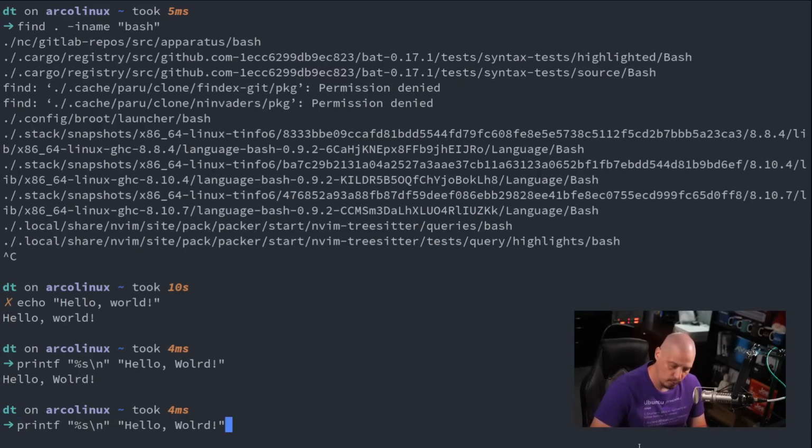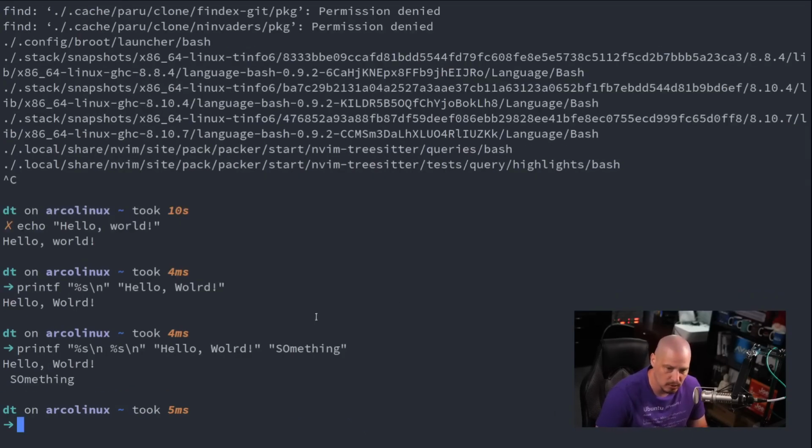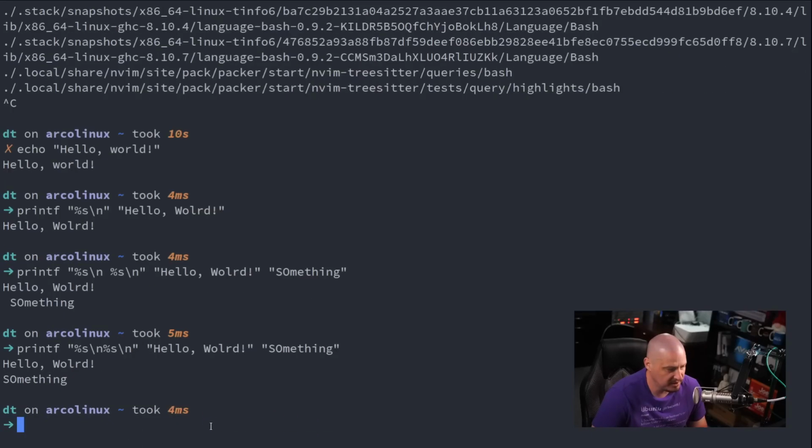And you can have more than one %s values here if I wanted to. I could add another one as well, and once again another new line. And let's go ahead and do a second something here. I don't know. And you can see hello world and then new line and then something. And there is a space here because there was actually a space after the new line break. So if I wanted to, I could up arrow. If I didn't really want that space there, I could get rid of the space, and now they're lined up